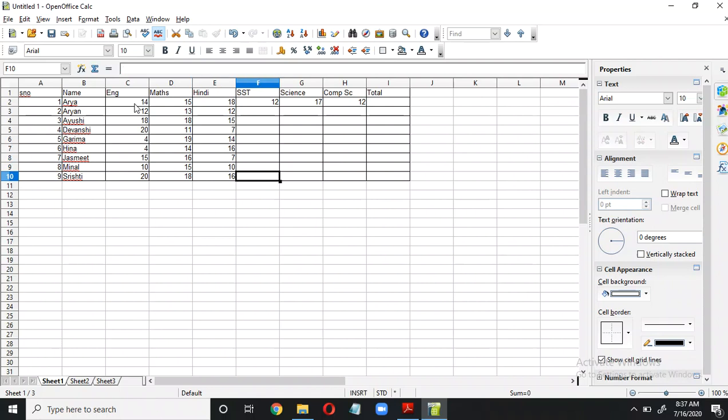So you can write the marks, though you have to enter them manually. Out of 20.